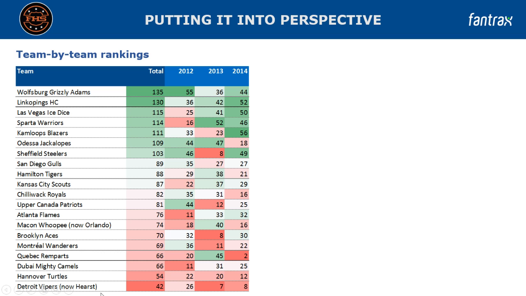So you see the Ramparts here are pretty low, but we all know that they have been one of the most successful teams so far, maybe the most successful in terms of playoff success and also regular season standings. So they must have done something else right, like trading or auctioning, and the Grizzly Adams and the Ice Dice haven't won